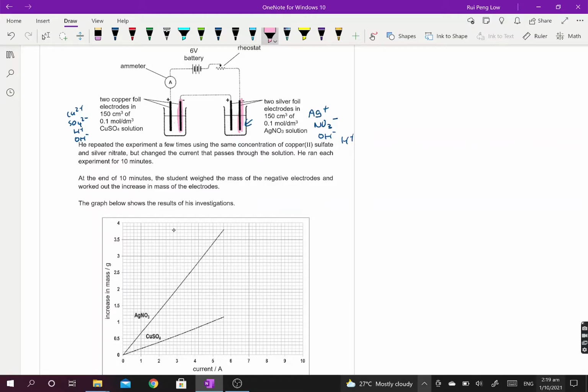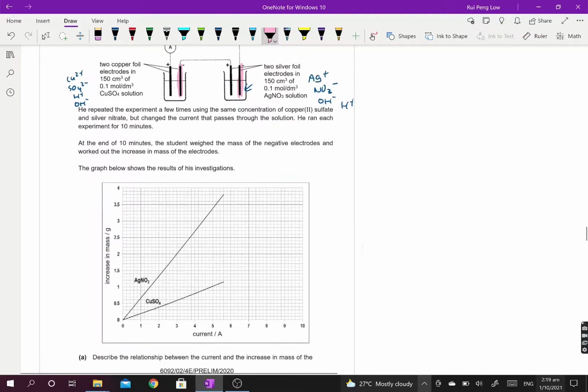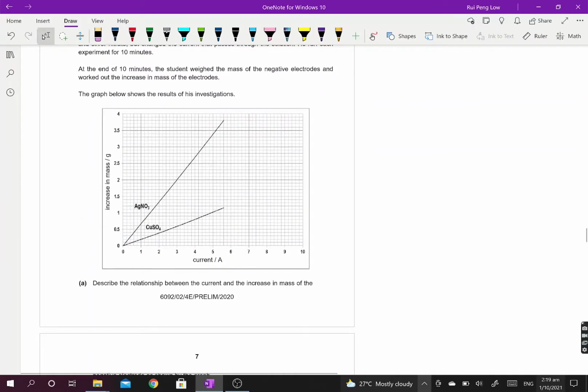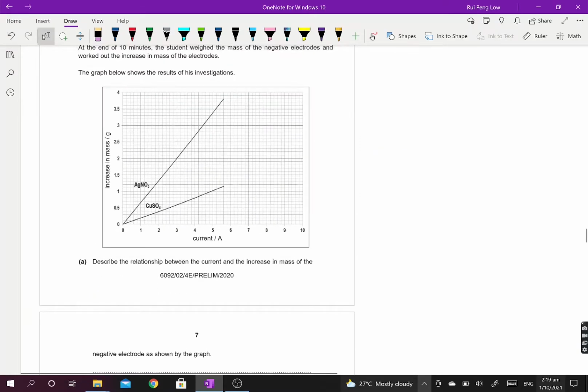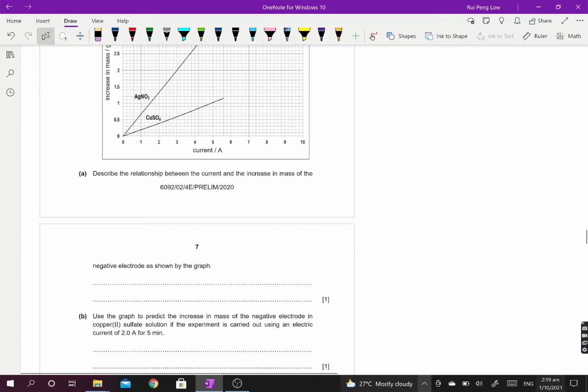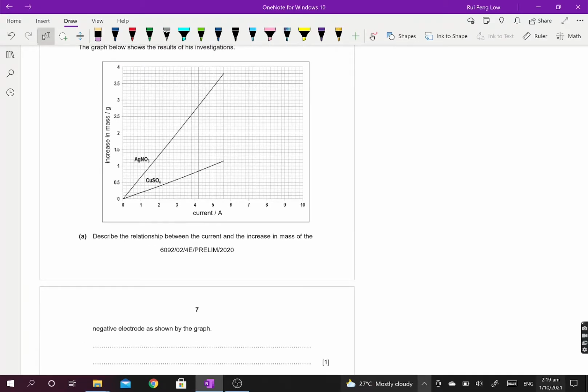Then the result is as shown on the graph. Describe the relationship between the current and the increase in mass of the negative electrode as shown by the graph. So what the graph shows is that